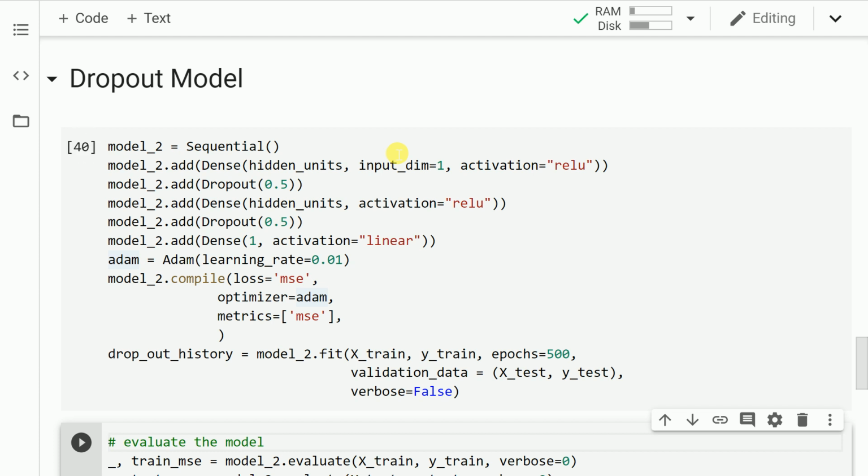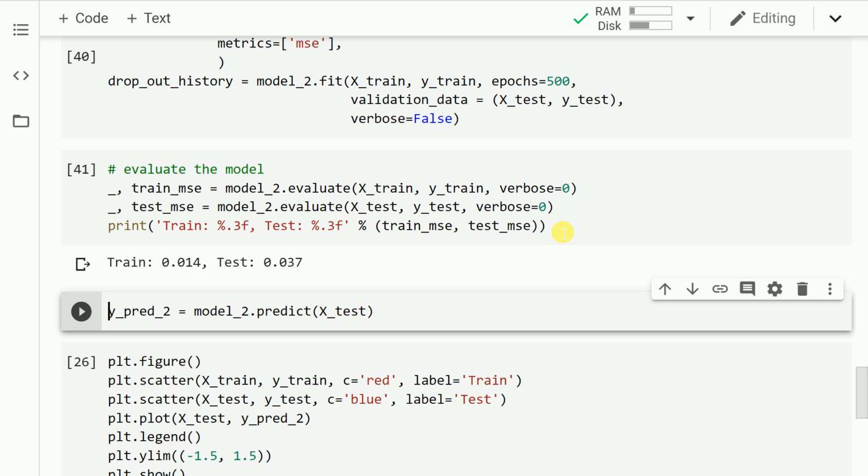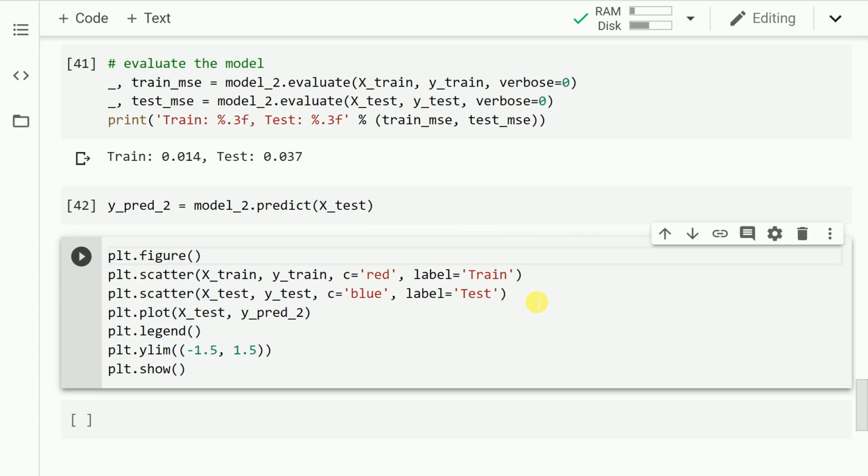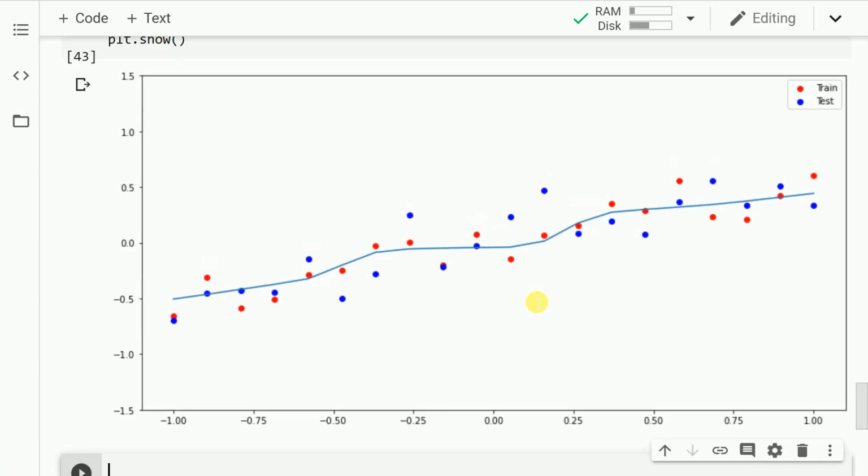The training is now complete. Let's go forward and evaluate how well our model is performing. So as you can clearly see, the mean squared error for the training dataset has increased a bit, and for the testing dataset it is still normal. Let me go forward and show you the visualization which will make the entire story very clear. So let me run this cell in order to create the predictions first. And let me go forward and show you the visualization.